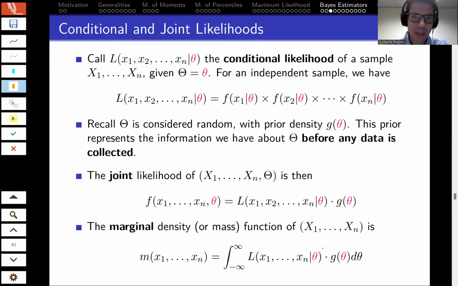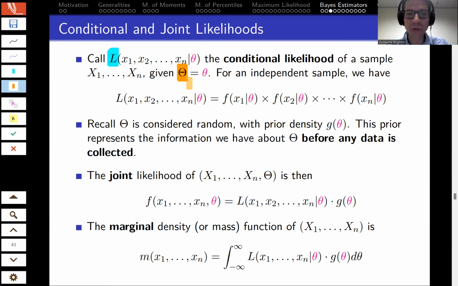Now because theta is random, we can write expressions for the joint density of observed data with the now random parameter theta. Okay, now so we use here the likelihood notation. So call big L of the data given theta, but here it's given that the random variable big Theta has taken a specific value little theta, and we call this the conditional likelihood of our sample given that the parameter has taken a specific value.